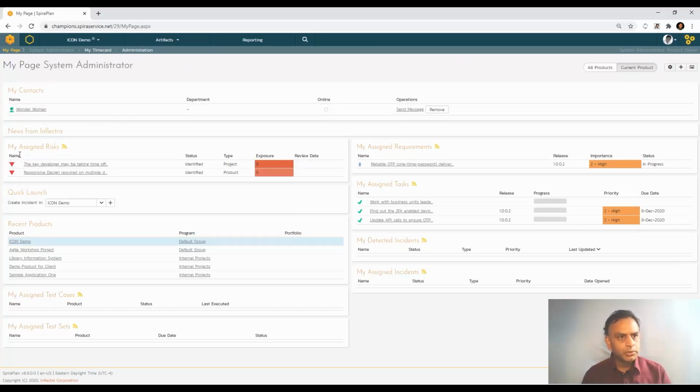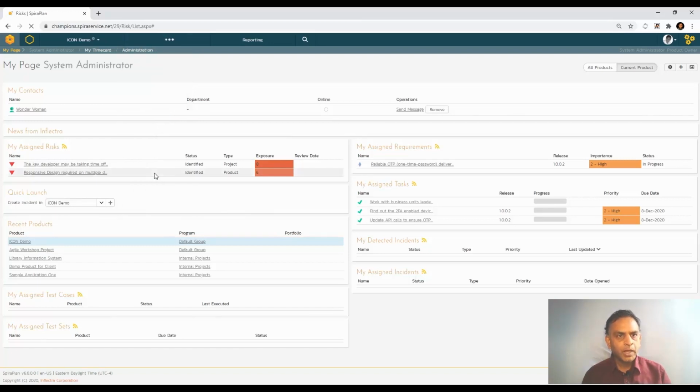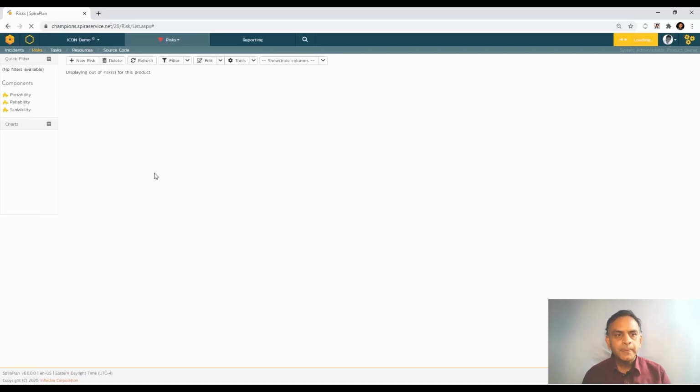On my page, you see my assigned risk widget. I have brought that and it shows two different particular risks assigned to me at this point. The risk exposure are 8 and 6. And if you go into the artifact and select the risks,